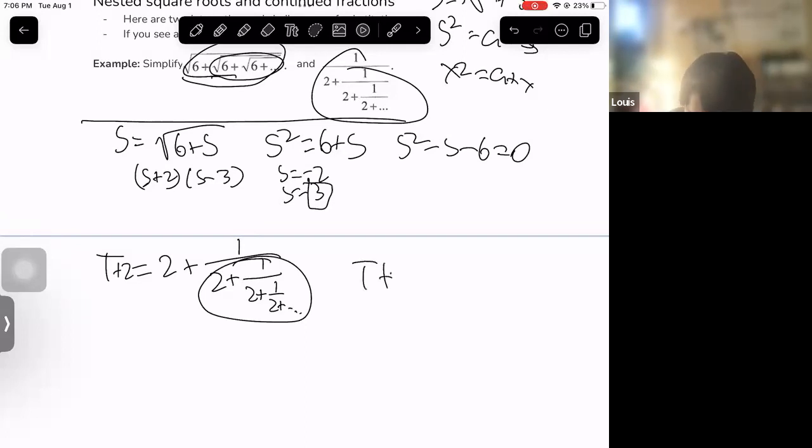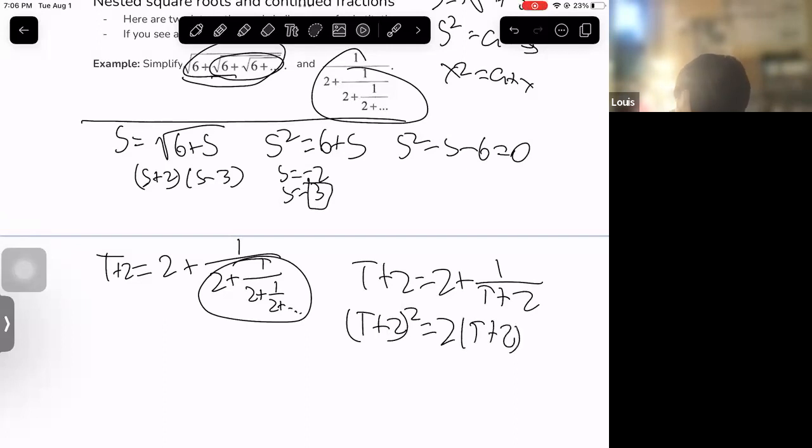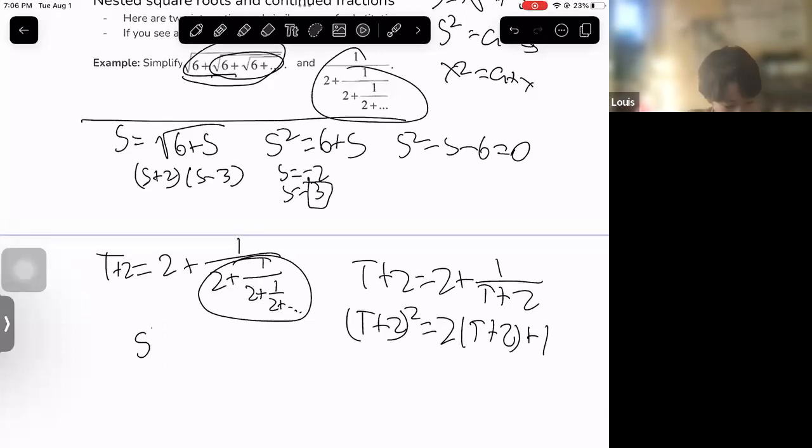So T plus 2 equals 2 plus 1 over (T plus 2). So (T plus 2) squared equals 2 times (T plus 2) plus 1, which gives us